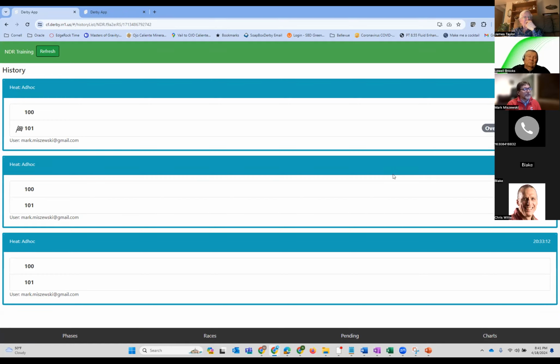And I tell you, running the NDR races, I actually have worked with Chris to dump out my data, and I use it for analyzing things. I'm a programmer by default, and analyzing data is something that I enjoy doing and find very beneficial for planning out my races. It helps me to see what's my typical race? How much time is it taking me between phases? How much time is it taking me between the A phase and the B phase? Those are all things that I look at after a race is